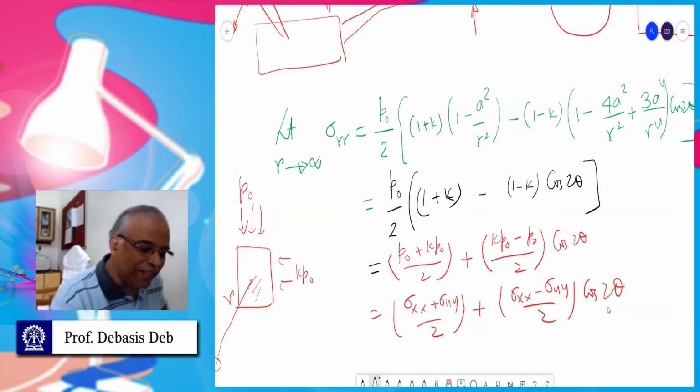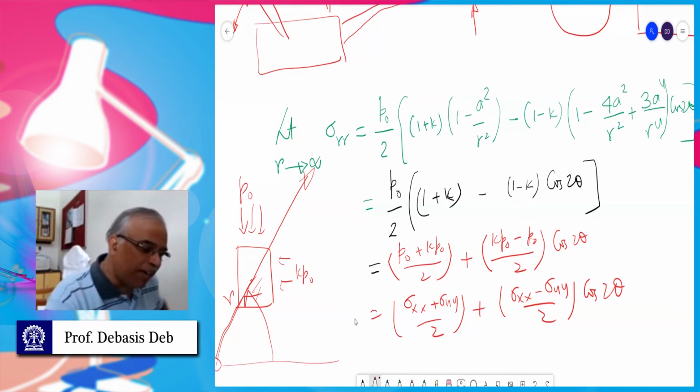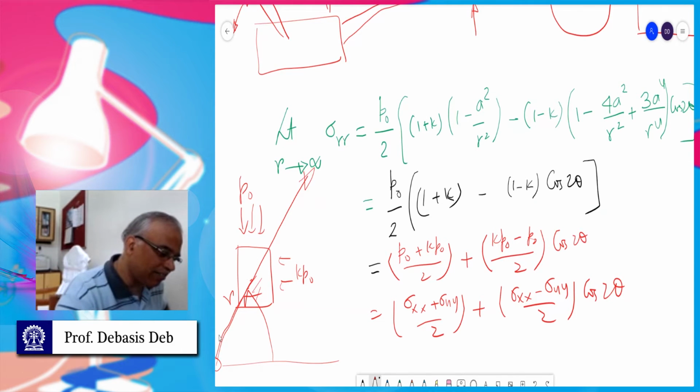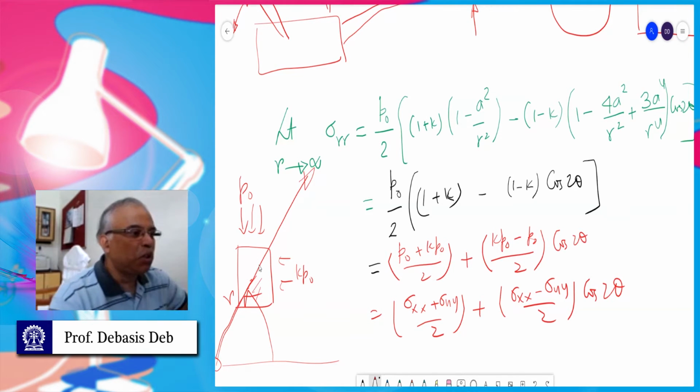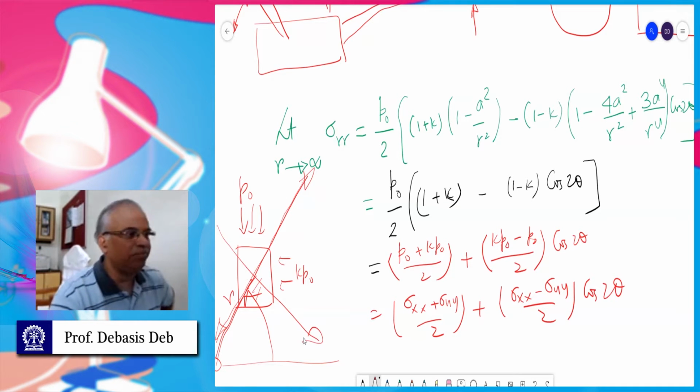basically this is nothing but in this direction. Transformation means in this direction, whatever the theta direction is, whatever is that sigma RR in this direction. So it is transformed. So when R is far away from this, it is basically a stress acting along this direction. Similarly, if you do the sigma theta theta, it will be perpendicular to this. It will come like that when R is far away.